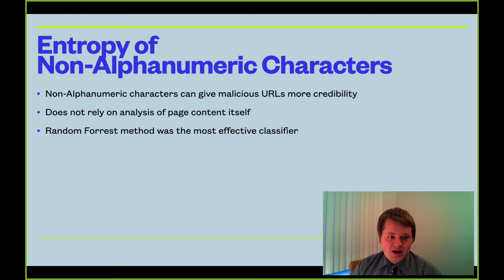The results were compared with two other classifiers, such as Gaussian naive Bayes, or GNB, and support vector machine, SVM. It was found that random forest was the most effective at 96.2%, compared to 90.66% for GNB and 92.77% for SVM. Another disadvantage to SVM is how long its parameter tuning process takes, 10 times longer than the random forest classifier. This study concludes that their method of non-alphanumeric character detection for phishing sites gains a 5 to 6% improvement over models without.